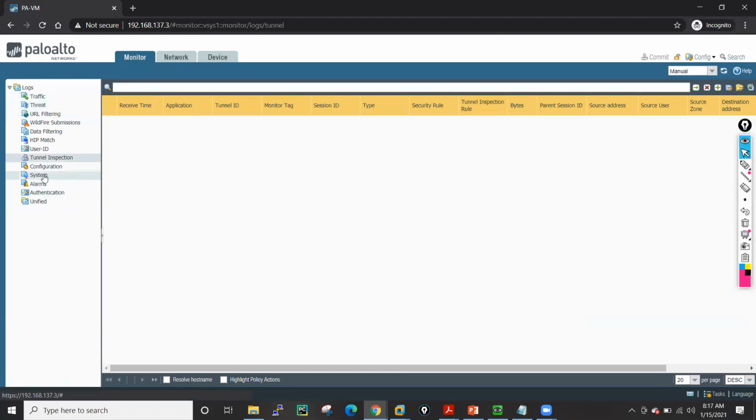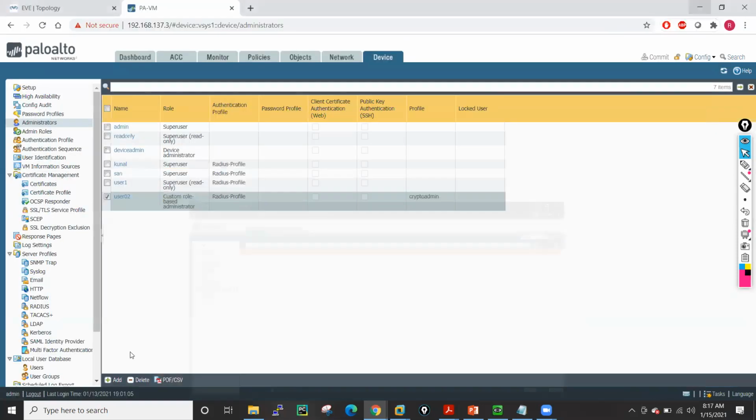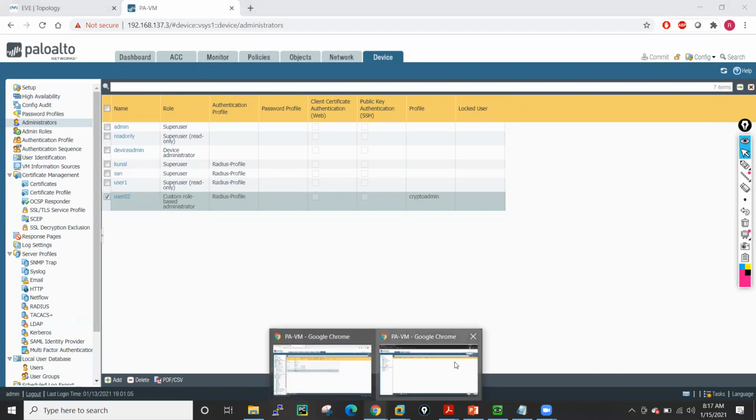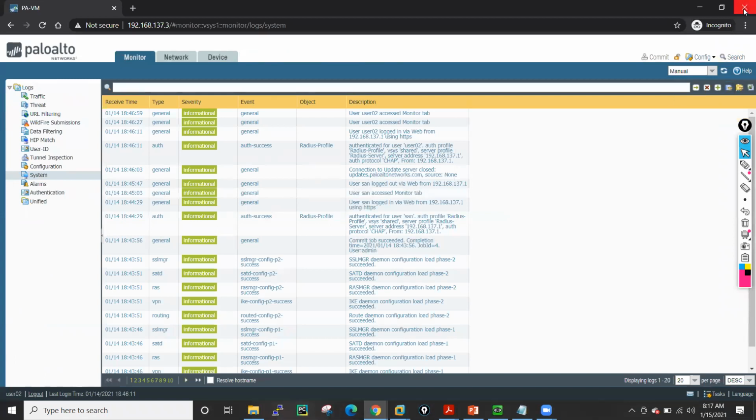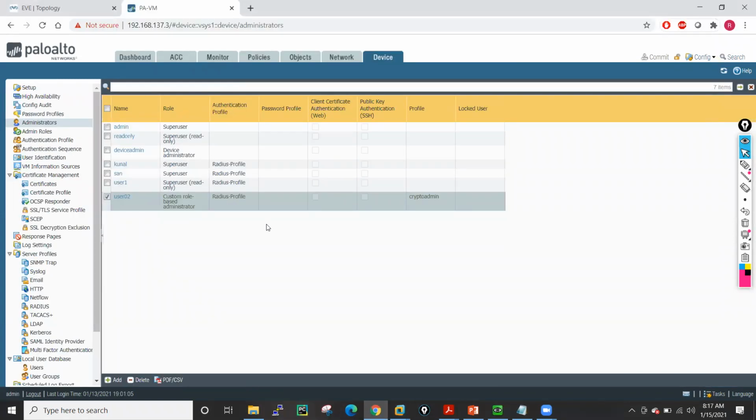This is how we basically integrate an active RADIUS server with our Palo Alto, and now we are using our RADIUS credentials to log into this device as well. So this is our RADIUS server. If you have any questions, then let me know. Otherwise, we are good to go for the VPN-related stuff.